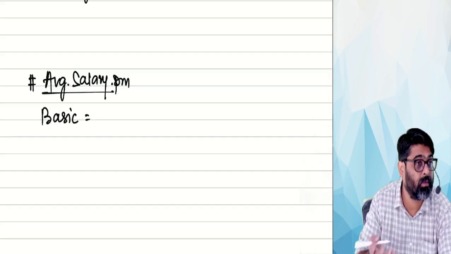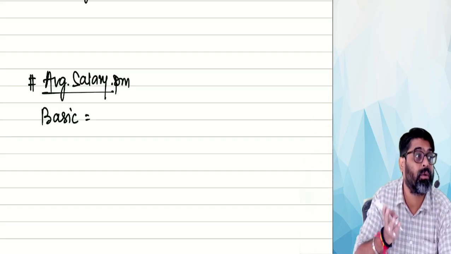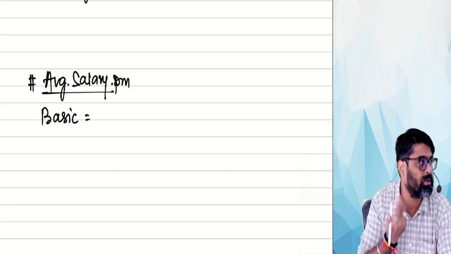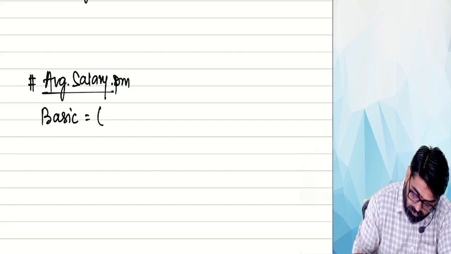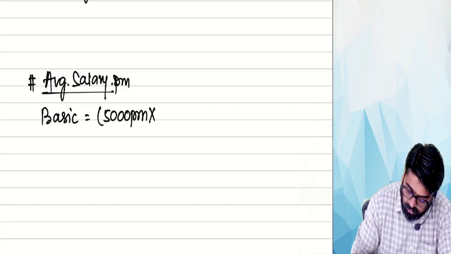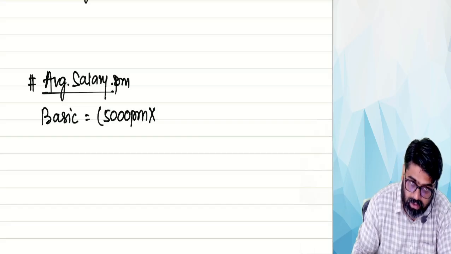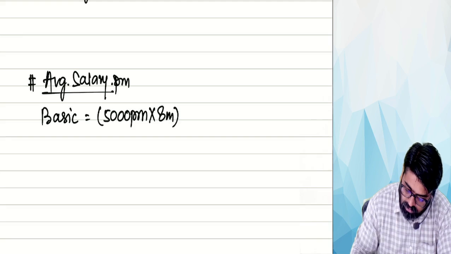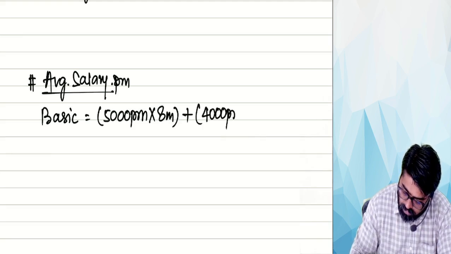The date of retirement was 1st December. Prior to that, the 10 months are February to November. So for February to November, how much basic did you receive? 5,000 per month you were receiving in November. From April it was increased and made 5,000. So for 8 months you received 5,000, but prior to that you were receiving only 4,000 for 2 months. So it will be